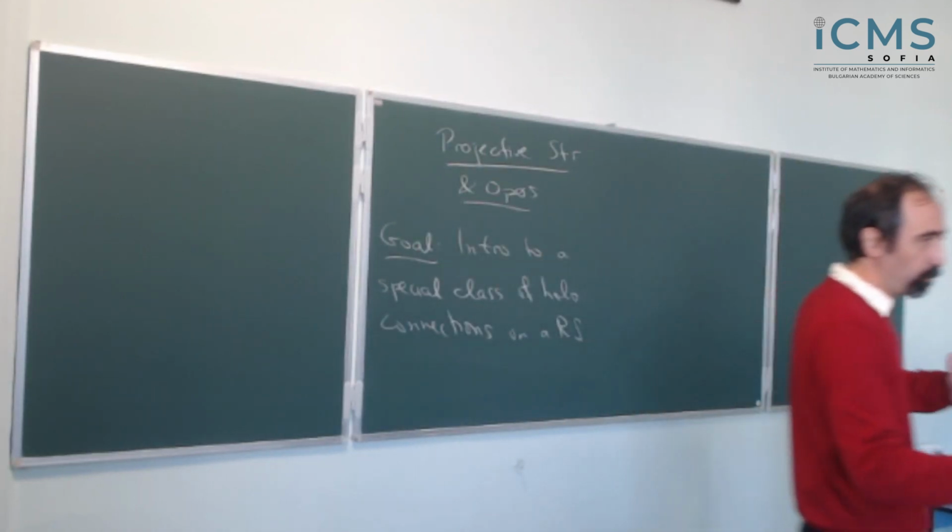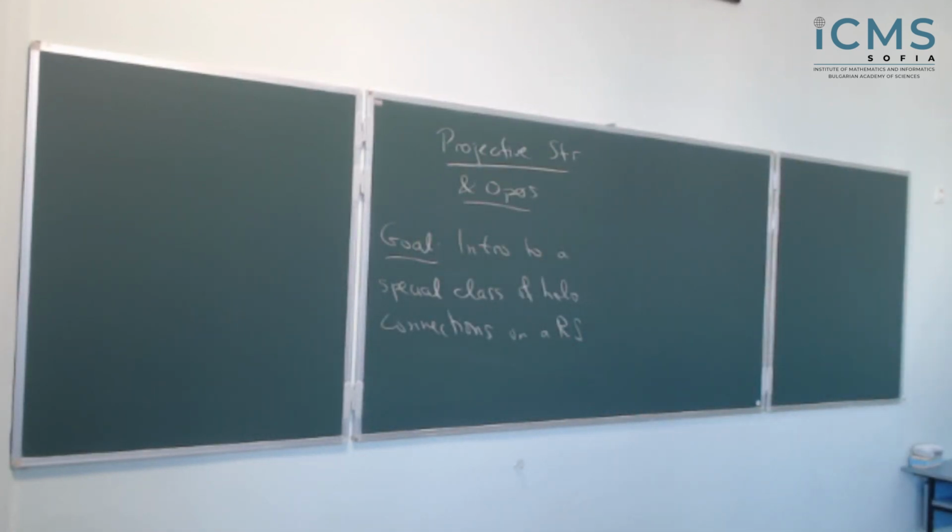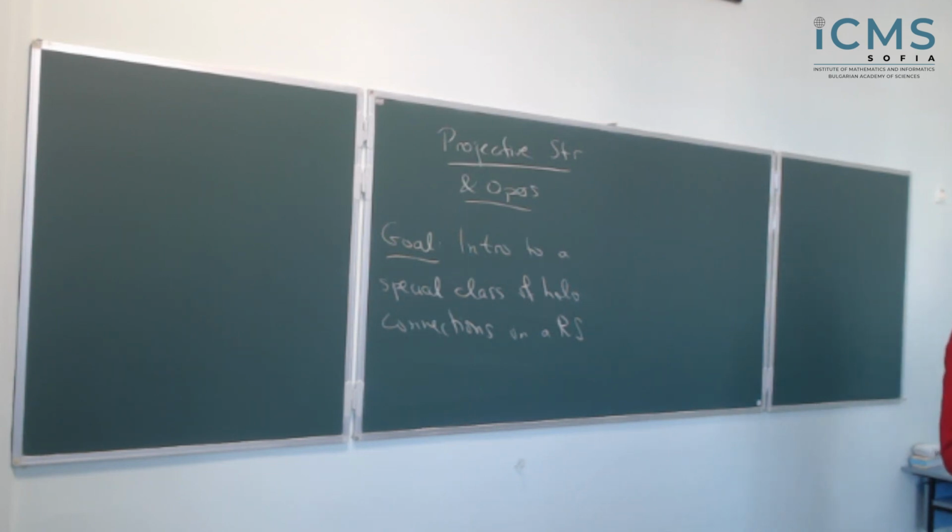Now, what is this special class? Just to give you an idea, for the group GL_n, there would be one of these associated with each simple, or if you want, reductive complex Lie group. These are essentially holomorphic connections on a vector bundle, where the vector bundle has a flag, so if you want a reduction to a subgroup, and this flag is not horizontal with respect to the connection, but satisfies a condition which is a kind of Griffiths transversality condition,